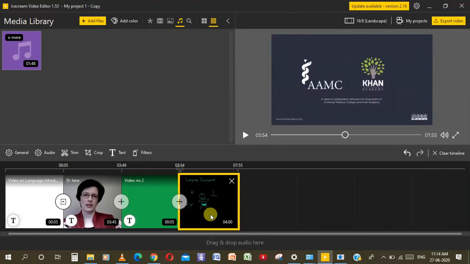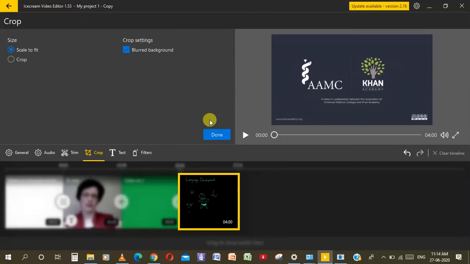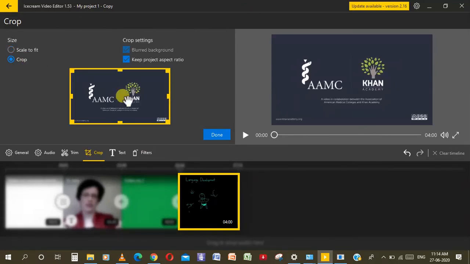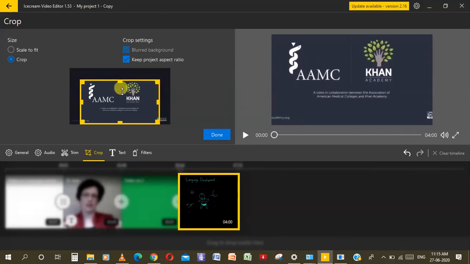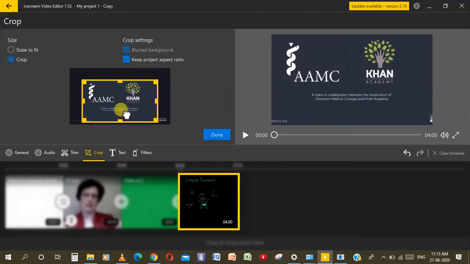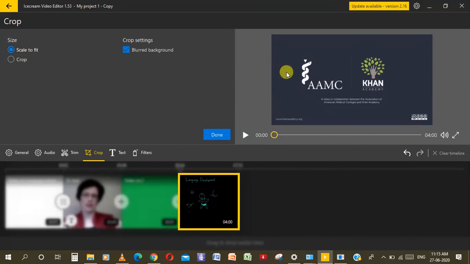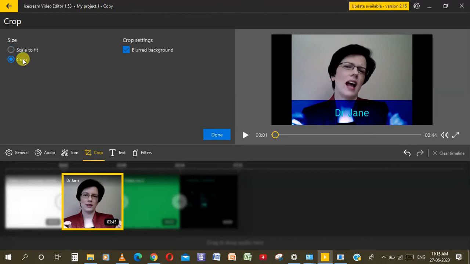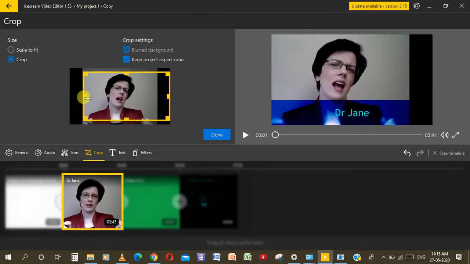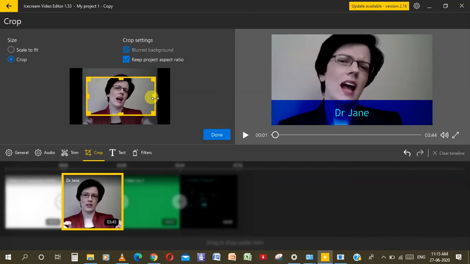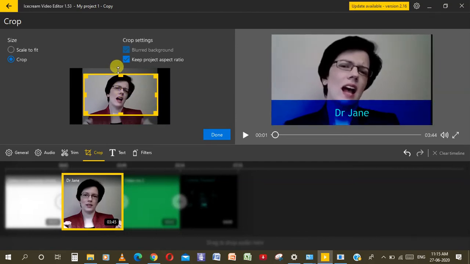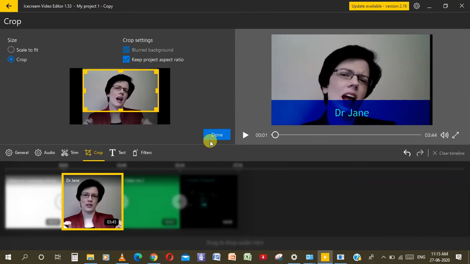So in this way you can trim the part, you can crop some of the part. Say for example, there is a crop, so you can crop it. Select crop. If you don't need some part, you can go for it like this. If you want to focus only on this part, you can go for it like this also, or you can just click scale to fit. Automatically it will be fitted over here. If you click here crop, you can crop this side and this side too. In this way you can crop this video.